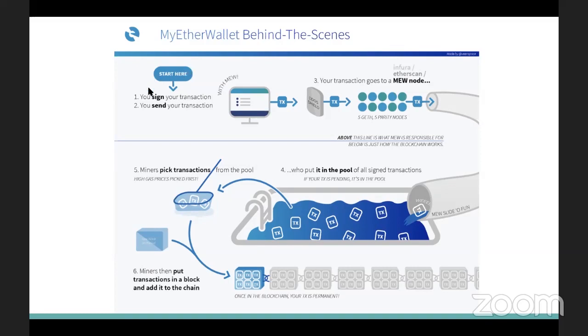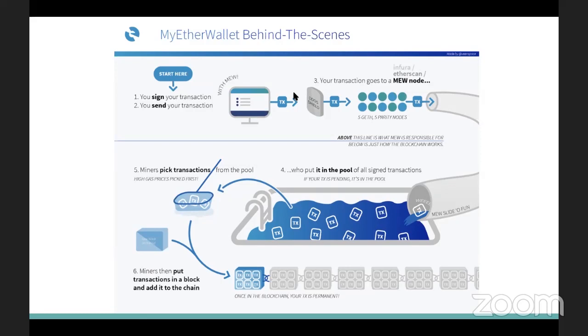The first thing you need to do is sign your transaction. As an owner of a wallet, you have a private key and a public key. Your public key is your account or your address, and the private key is something that is stored, for example, in your computer or your Chrome extension or whatever. So if you are using, for example, MetaMask, you will sign that transaction,